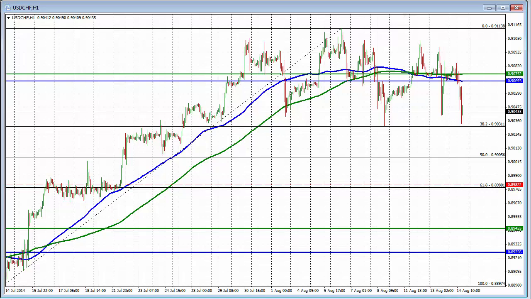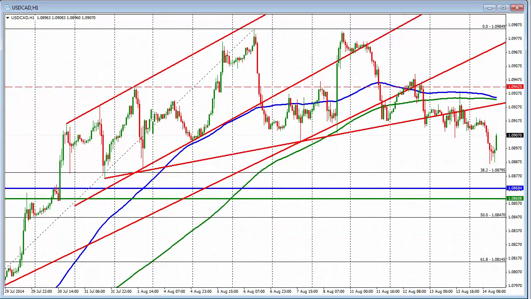That's key level 90.31. Let's take a look at the dollar versus Canada, and this is one of those currency pairs that you scratch your head at. This move to the upside here was the employment day last week, and the market moved sharply to the upside, but we found resistance against the top side, or we couldn't get above that high right there. Next thing you know, on Monday, we get a little bit stronger data in the markets. It takes that whole move to the upside pretty much all the way back to where we started on the employment day, and subsequently over the last couple of days, we